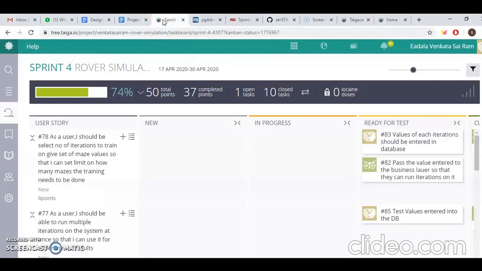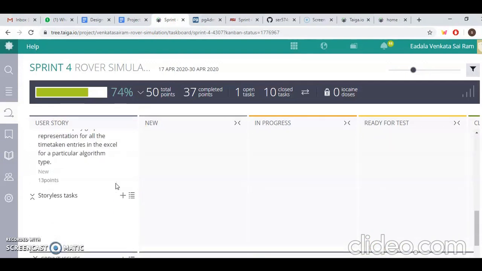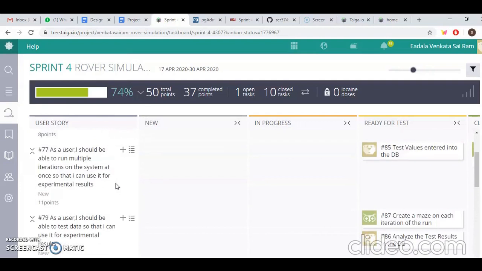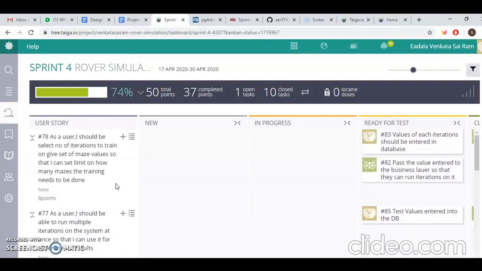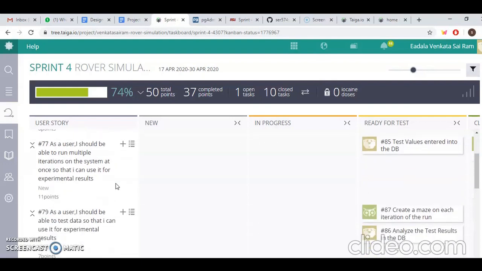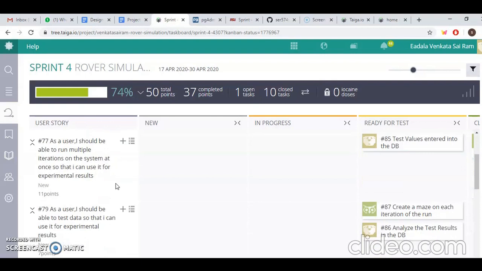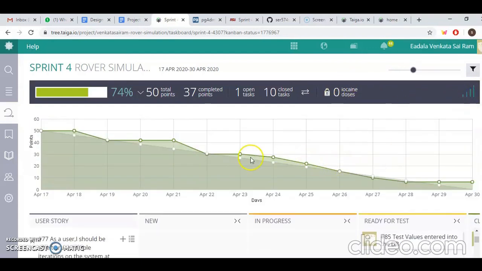So now let's go to the sprint artifacts. This is our sprint 4 task code, and these are the user stories that were left for sprint 4. Mainly our sprint goal focused on completing the iterations part where we can iterate through the same thing multiple times. Along with that, there are a few things left in the DB which we need to add, create APIs and expose them for viewing the result. And this is our burn down chart.